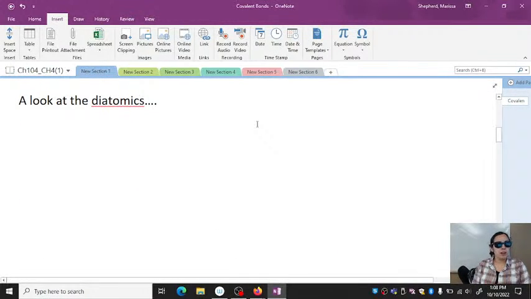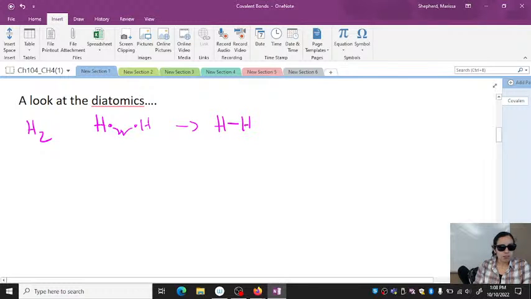And so now we can kind of explain the diatomics and why they exist as the diatomics. And so let's look at H2 first of all. And so hydrogen, if we draw its Lewis dot structure, we know it's just H with one electron on it. So it's not happy, right? The duet rule is not satisfied. And so that means if it sees another hydrogen, they just go ahead and form a bond. So I'm drawing this half arrow notation showing one electron is moving. And so that gives us our hydrogen bond.